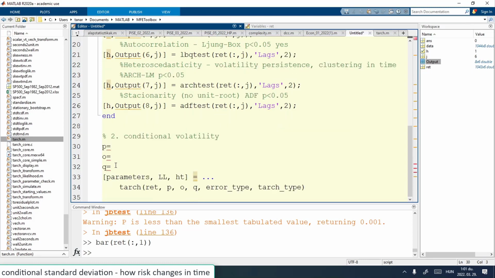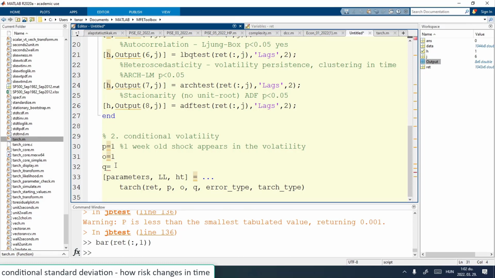Conditional volatility models define that a standard deviation can be estimated for each day, or in this case for each trading week, and we can decide how long we want to go back in time to include past data in this equation. So we are always using 1. So 1 week old shock appears in the volatility.